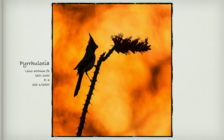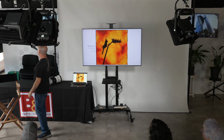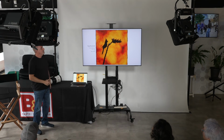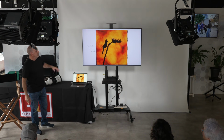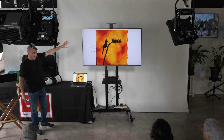Again, working with the light. I hadn't been to this location in a couple of years, and I met someone there who I hadn't met in many years, and he started talking to me. And the second he started talking, I said, "I'm sorry, hold on." And I took out that app that I was sending you, PhotoPills. He must have thought it was weird because I just took my phone out and I went like this. And he said, "What are you doing?" And I said, "Oh, I'm seeing where the sun's setting." And where the sun was setting in this location is right through these trees, where if you shoot through them in the evening,